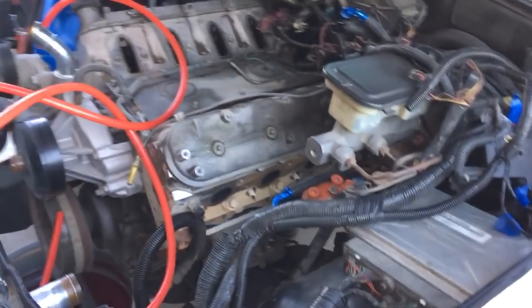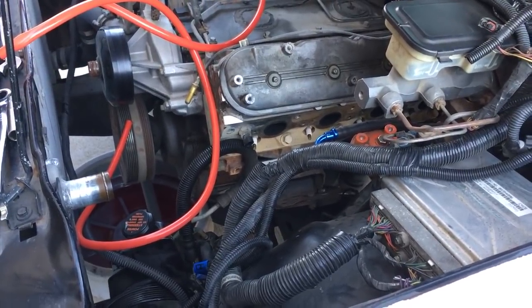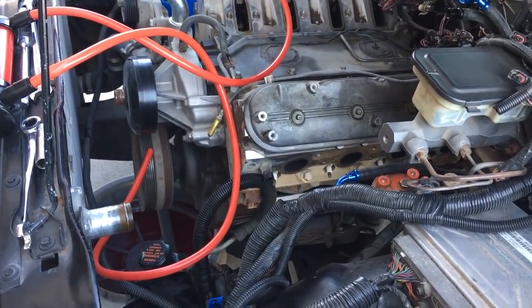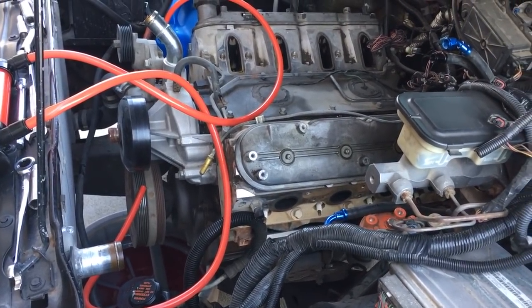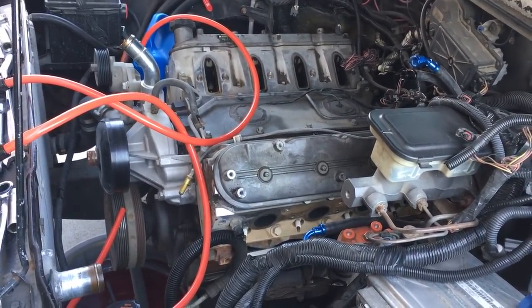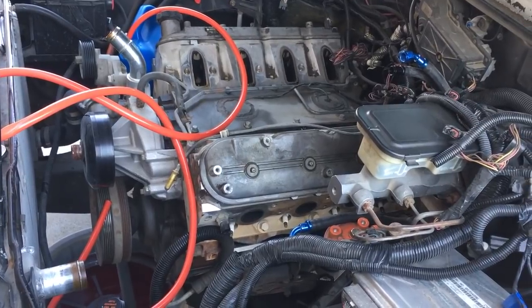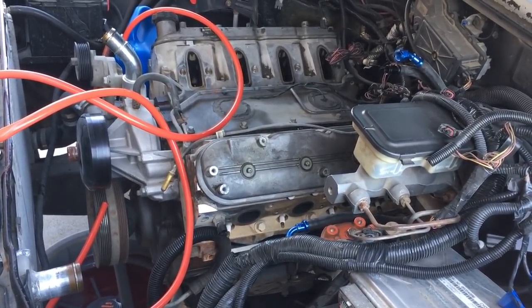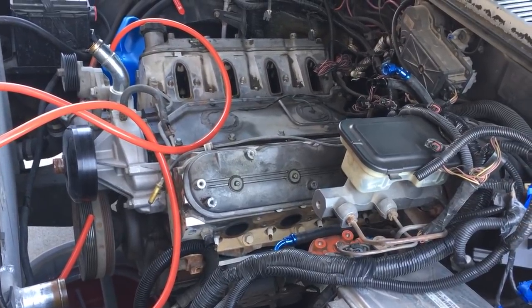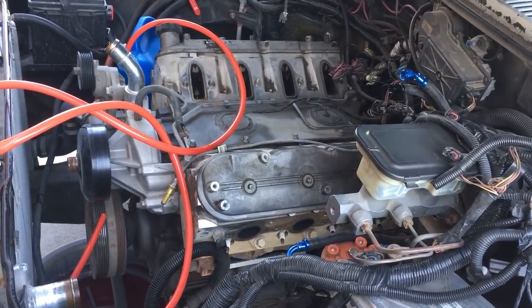So basically I played around, got everything kind of cleaned up, started draining the radiator, trying to get it pulled out, get the water pump off, because you've got to pull everything out of here to try to change a cam. I don't know if I had relayed that information to you guys yet, but I have decided I don't want to pull this motor all the way out. So I have a friend tomorrow night that's going to bring me an engine hoist, and I'm going to use it and a jack to just lift the engine off of the mounts. I'm replacing the frame mounts and the engine mounts. Hope you guys understand what I'm saying. I'll try to do a video on it whenever they get here. I'm changing the mount that mounts to the crossmember and the mount that goes to the engine,